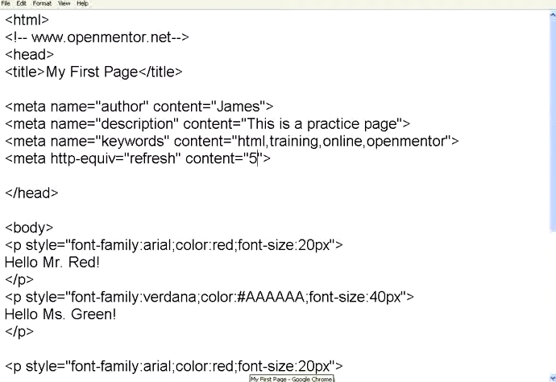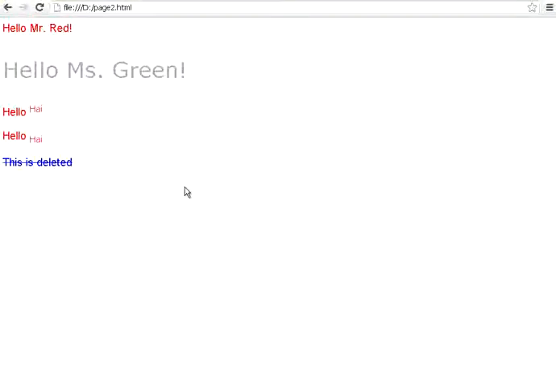Now I go back. Every 5 seconds the page will automatically reload. You can see this. Okay. Now watch this refresh button. On the 5th second it will refresh by itself. Just watch that icon. Every 5 seconds you will see a flickering in that particular refresh icon. It will go very fast, but you can notice it. Once 5 seconds are over, you will see a small flickering there. So if you want a particular page to refresh its content every 5 seconds, you can use that.